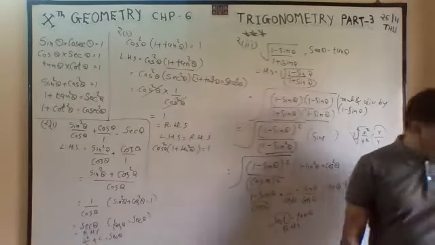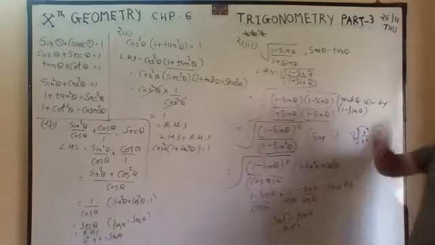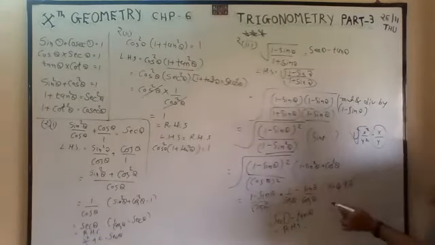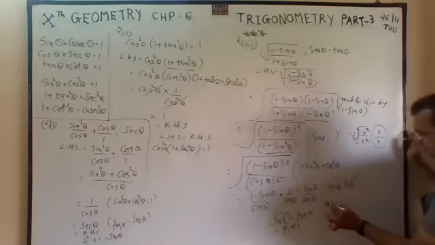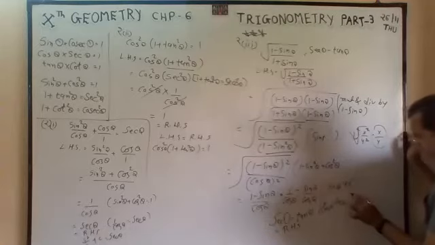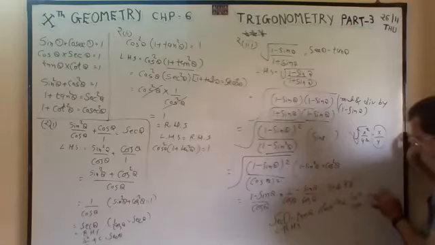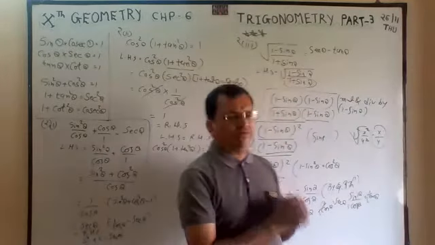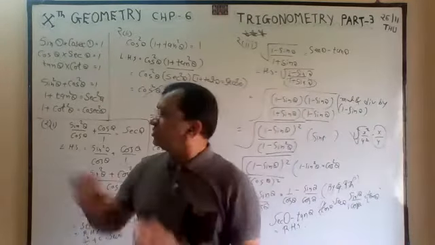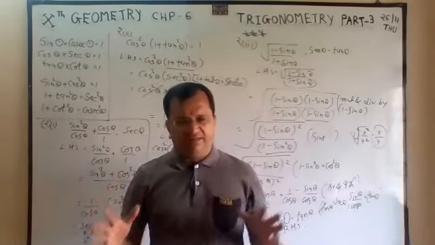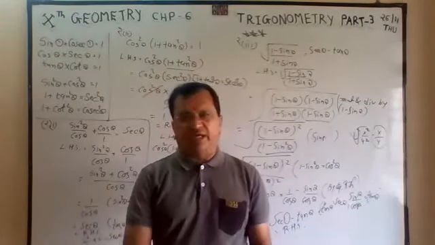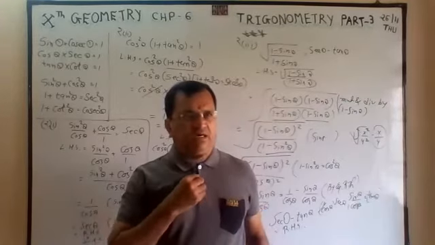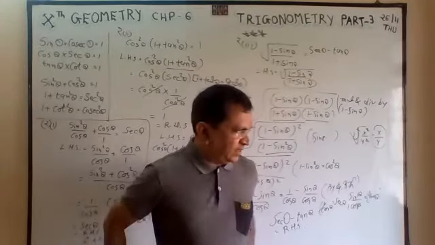Then you have to write left hand side is equal to right hand side, and again you have to write the equation. So here I will write, 1 by cos theta is equal to sec theta, and sin theta by cos theta is equal to tan theta. Which substitution you are doing, that you have to write. So these 6 points, if you keep in mind, and you know that tan is equal to sin by cos, and cot is equal to cos by sin.